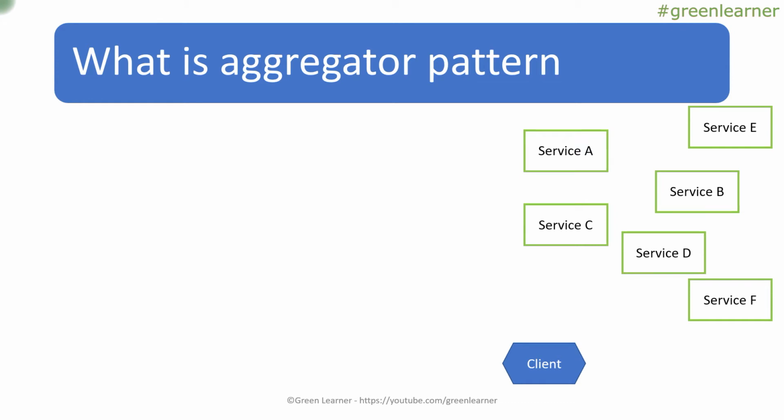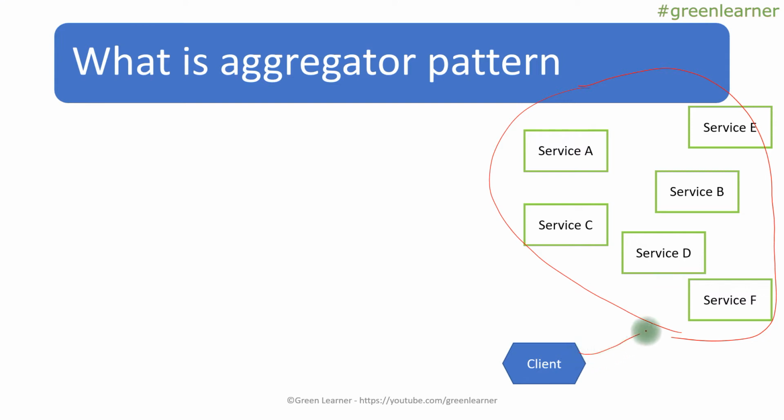If you are in a microservices architecture system, this is how your architecture would look. You will have different microservices for different responsibilities. If I talk about an online shopping portal, you may have a product service, a pricing service, an inventory service for the availability check and all those things. You may have a front end application for the backend services.